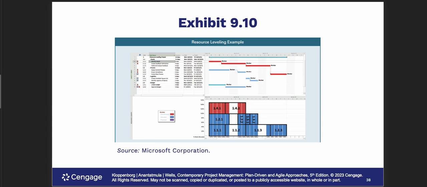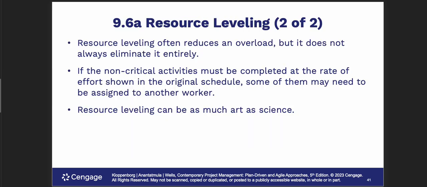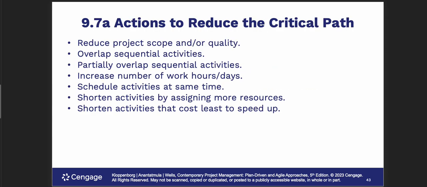And there again, so we can see it. Resource leveling, again, we're trying to normalize things. And I think that's probably as far as I need to go. Reduce actions to reduce critical path, assign more resources. Sometimes if you can bring more personnel or better personnel in that can make up for time lapses and things like that. But again, it just takes constant vigilance as to watching the status of a project.